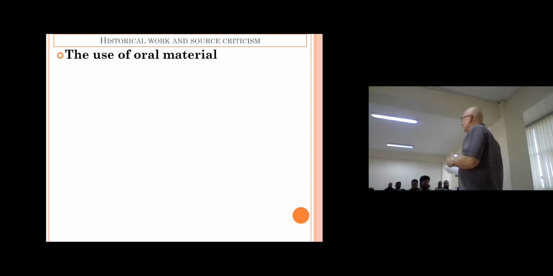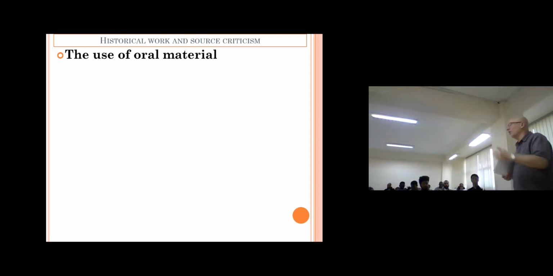And the reason why I press on this is that it is important not only in this discipline, but you can use it in many other disciplines when you're going to write papers. Also when you're going to write your master thesis, it's very important, this research question and thesis. And then find some literature and some sources, both written sources and oral sources. But you're welcome to come and ask about it.